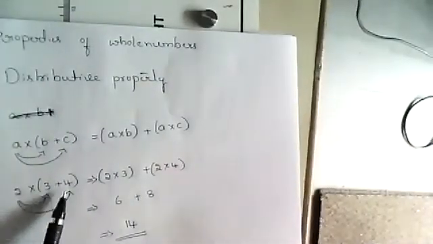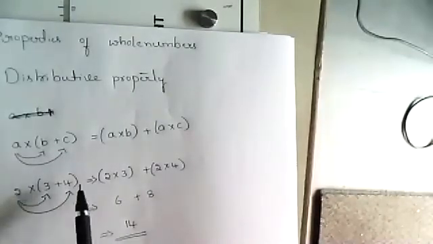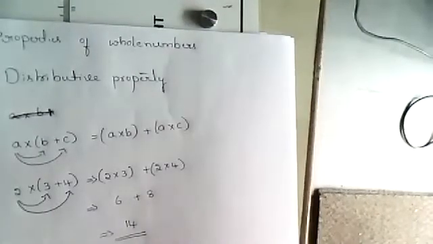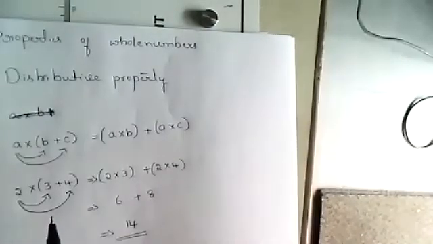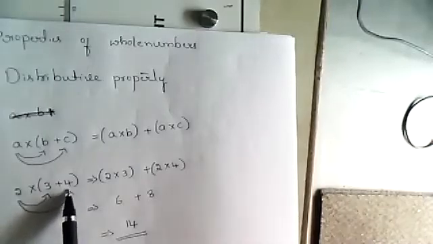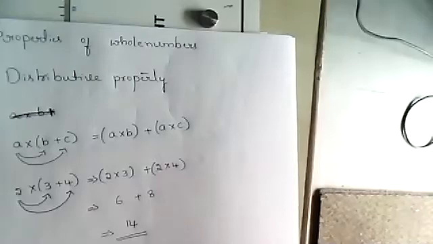So you can ask, ma'am, why do we have to do this? We can multiply directly. Now 3 plus 4, 7, 7 2s are 14. Correct? Directly we can do. No need to take the distributive property. But see here, I have already informed you, we have to simplify what is in the bracket first. So 3 plus 4, 7, 7 2s are 14. Here also I got 14 as the answer. So this distributive property helps to calculate larger numbers.